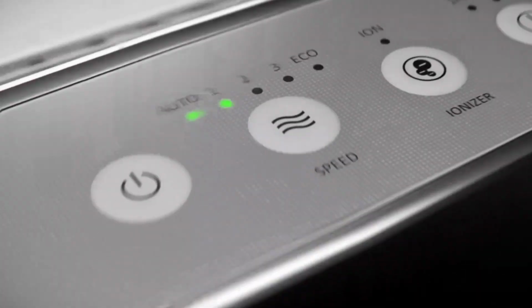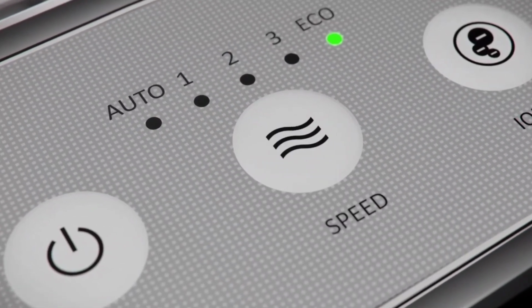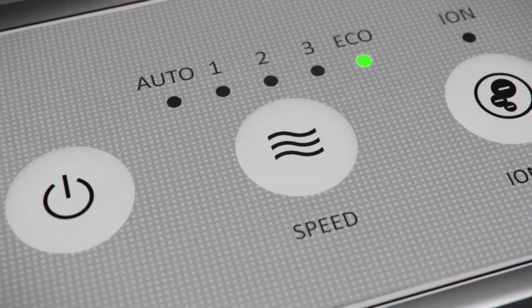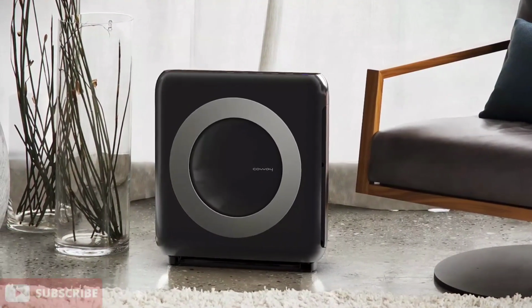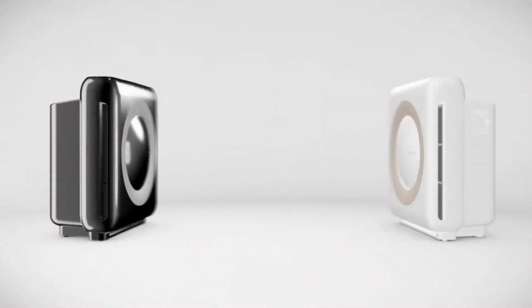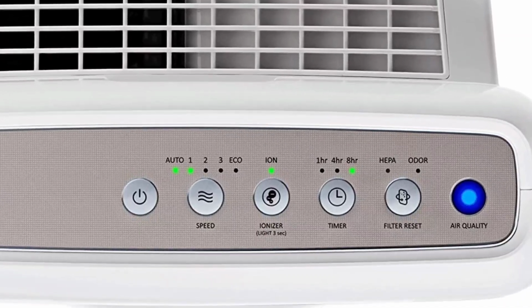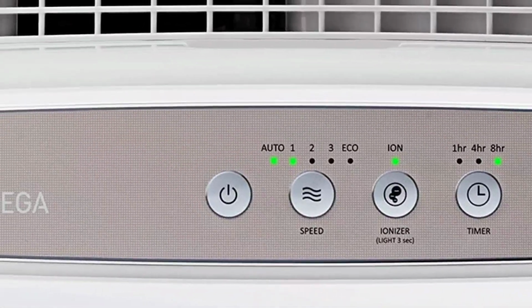In addition, I would like to point out the extremely high-quality true HEPA filter that Coway can boast about. Some users may be irritated by the ionizer, but remember that this option is turned off by default, meaning you don't have to use it if you don't want to. In addition, Coway is CARB certified, which means it does not produce illegal amounts of ozone and is totally safe